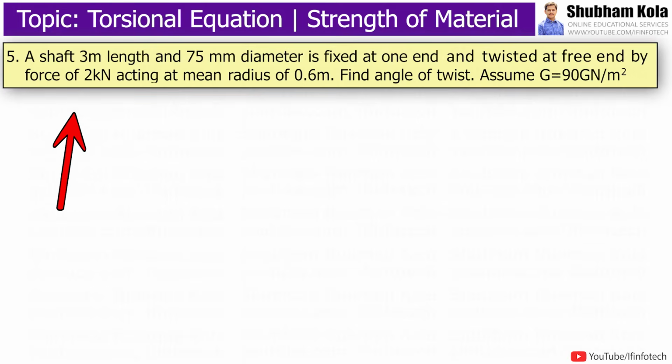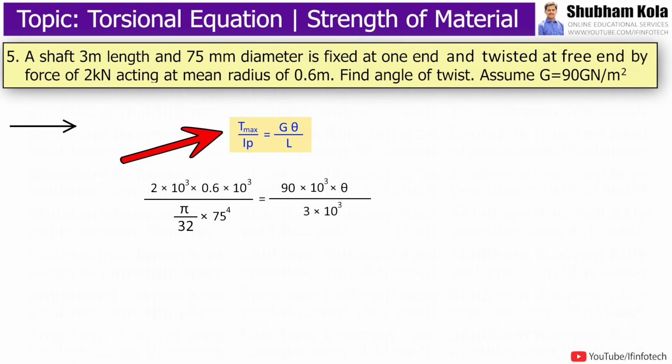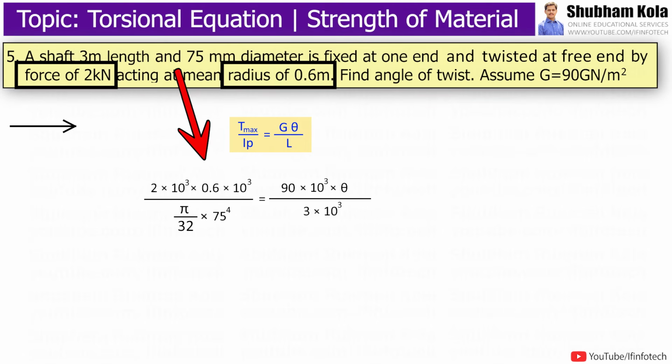For the next problem, the statement is: a shaft 3 meter length and 75 mm diameter is fixed at one end and twisted at the free end by a force of 2 kN acting at a mean radius of 0.6 meter. Find the angle of twist. Assume G, that is modulus of rigidity, as 90 giganewton per meter square, which is 9 into 10 raised to 3 Newton per mm square, where T is the torque, which is equal to tangential force into radius of shaft. Here tangential force is 2 into 10 raised to 3 and radius of shaft is 0.6